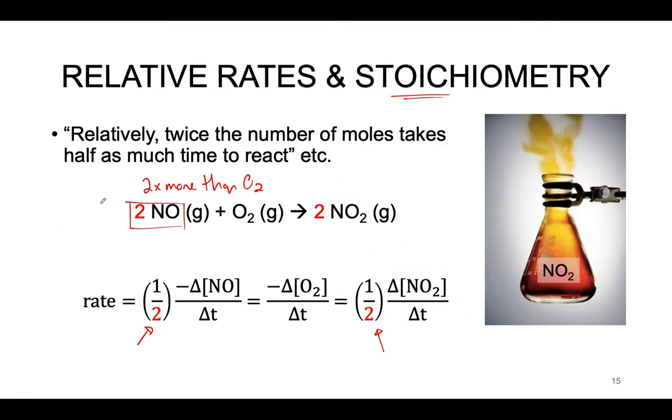All right, so if we turn our attention back to the relative rates and stoichiometry slide here, the takeaway message from this observation of how the rates of consumption and formation work together is that if we only have the time to pay attention, let's say, to the rate of formation of one of our products, assuming that we can actually calculate the rate of formation right here, using the balanced chemical equation, we can relate the rate of formation,